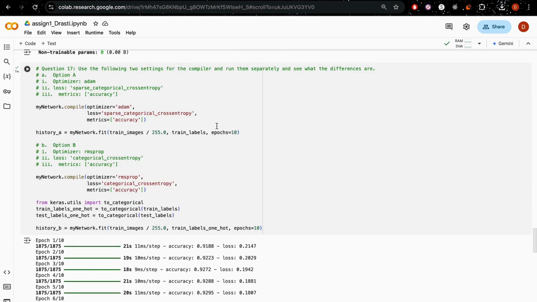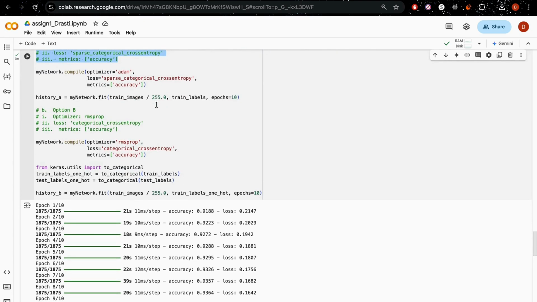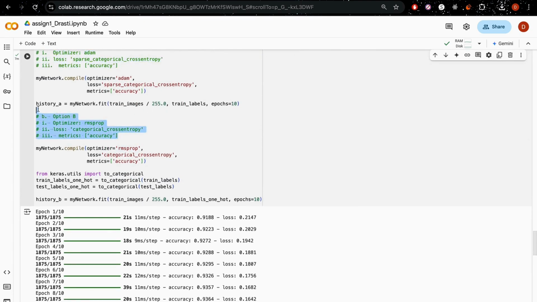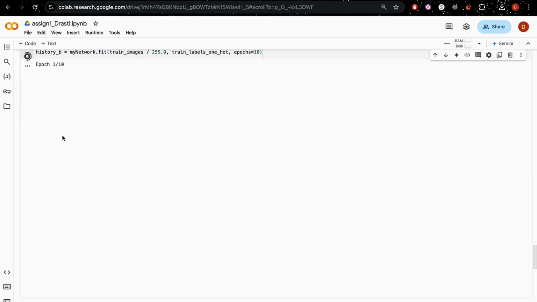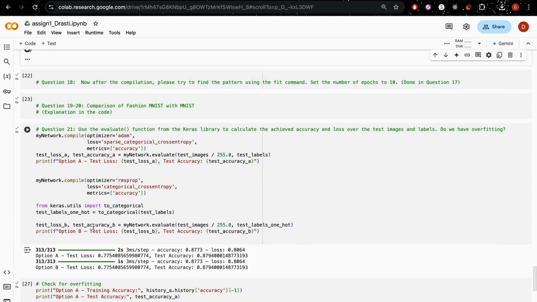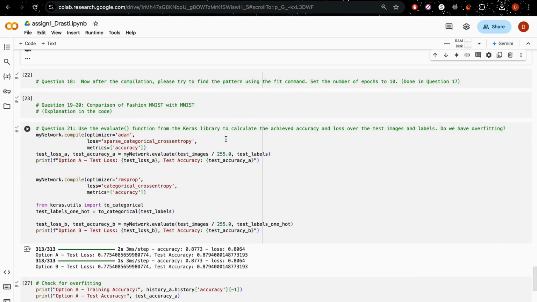And then moving on to question 17, here I trained the model using 2 different settings. Option A was the one with optimizer Adam, loss was sparse categorical cross entropy, and the metric was accuracy. Option B was to use RMSprop, categorical cross entropy, and accuracy. After training both of them, as you can see here, I've already trained. It gave me the accuracy of